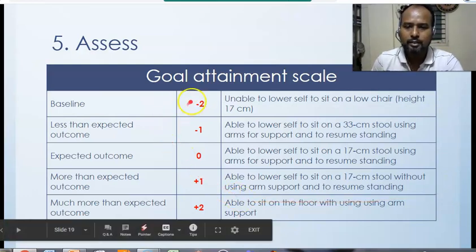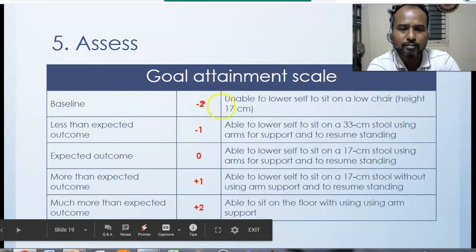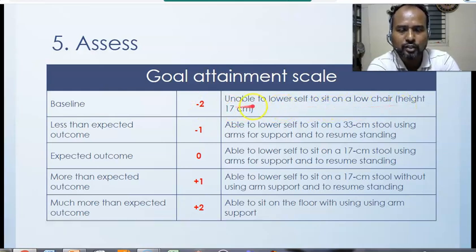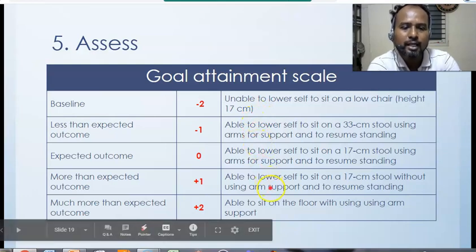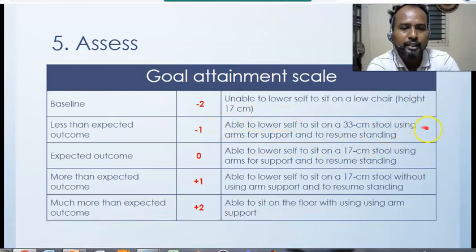I'm not going to explain much on how I've developed it. You can look into our study on squatting; more details are given. Basically, the baseline is where he started with just -2, unable to lower self on a low chair, which is about 17 centimeter. So we have put in between milestones before he achieves the final one, that is sitting on the floor. The first milestone is what he has currently achieved, that is ability to lower self to sit on a 26 centimeter chair, actually, not 33,